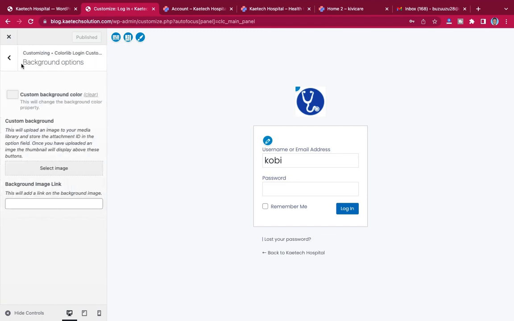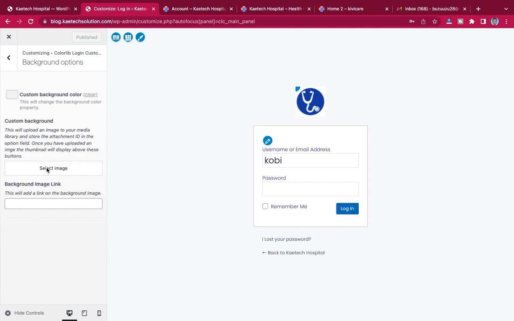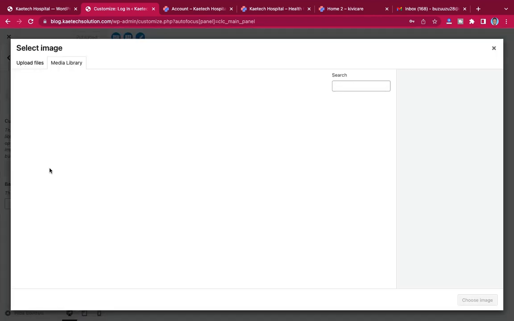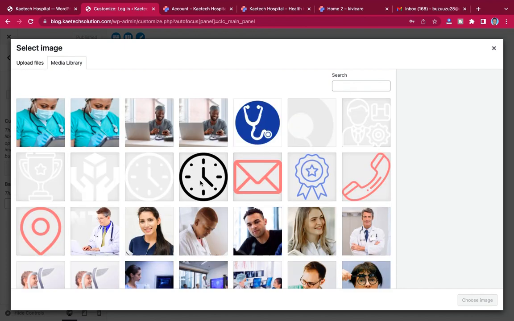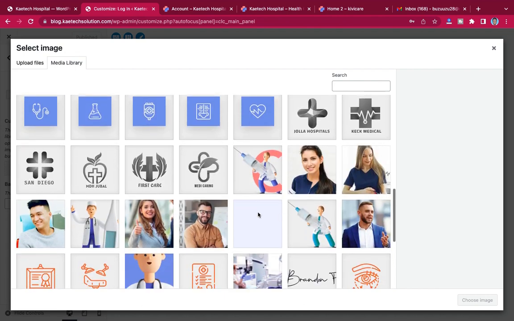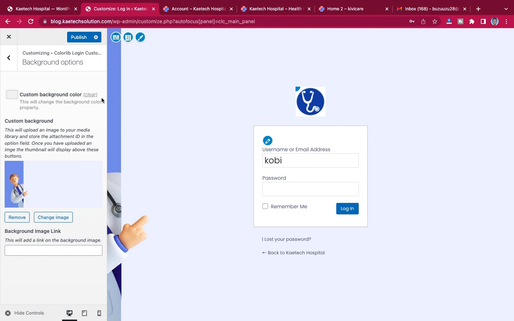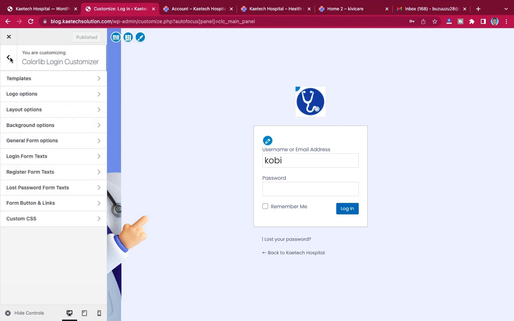I just want to change, oh, not this one, it's this one, the background. Just click over here, and then we have this one over here. I will select image. That's what I'm going to do, I'm going to select image to change the background. So the image I'm going to use is this image over here. I'll choose it. Now that it is done, it looks a little bit professional. So I'm going to click on save, and then I'll go back over here and exit everything,